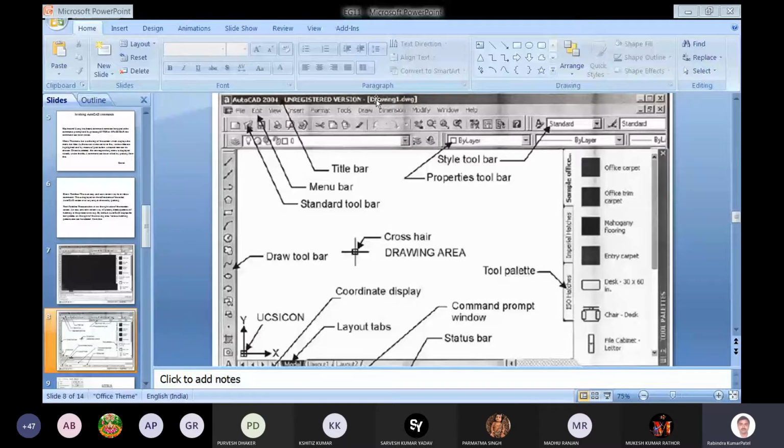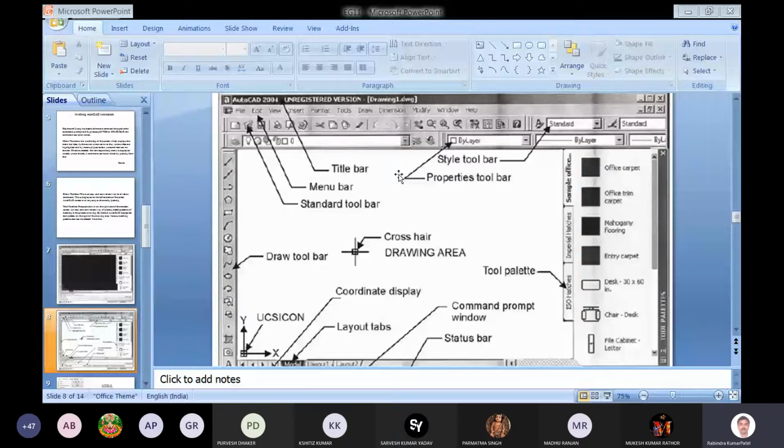Here we show the name of the file which has been created. In this case drawing1.dwg is there. Files with the .dwg extension are created.